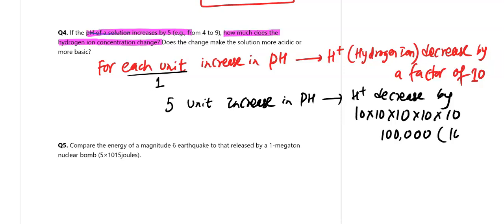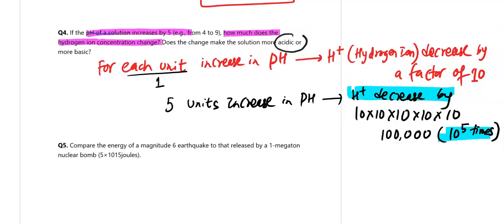Or it's called 10 to the power 5. So if you increase pH by 5 units, the hydrogen ion decreases by 10 to the power 5 times. That means the solution becomes more